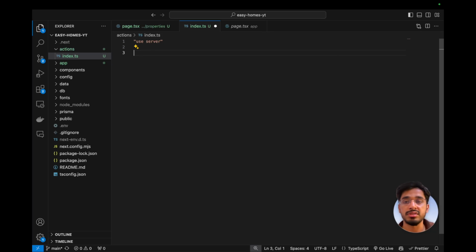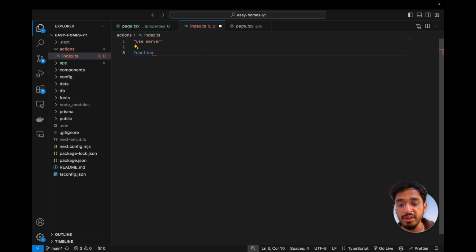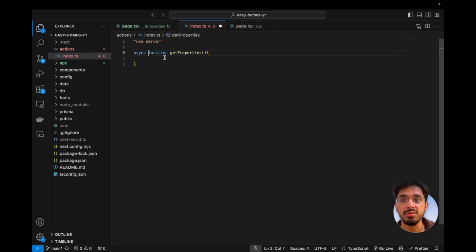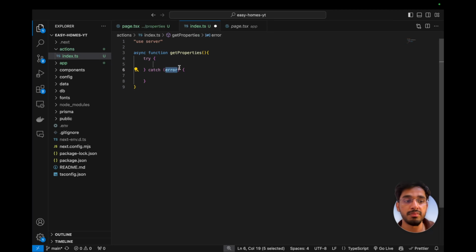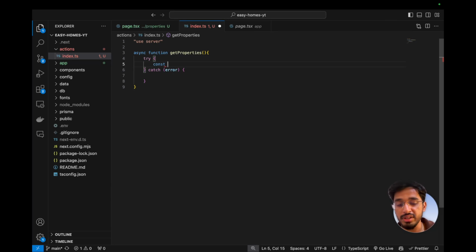Let's create our very first server action by defining a function. Let's call that getProperties, and let's mark this as an async function, since we are making database queries, so we need to use async await. Inside this we open our try catch block as usual, as in any Node.js application. Now let's make a query to our database by defining a variable called properties, and set this equal to